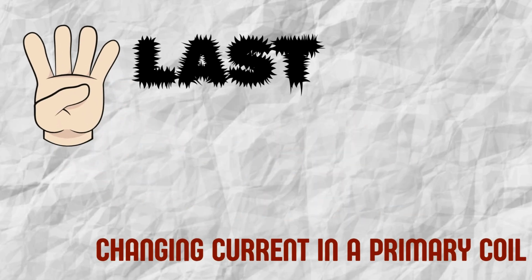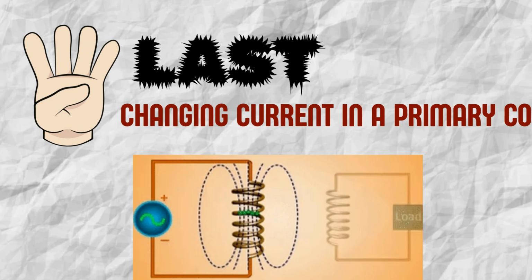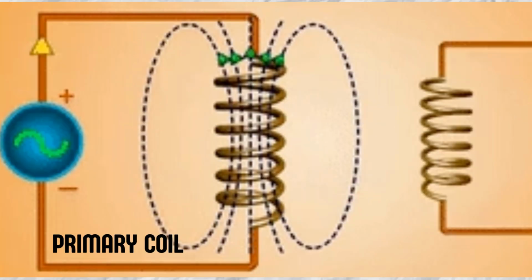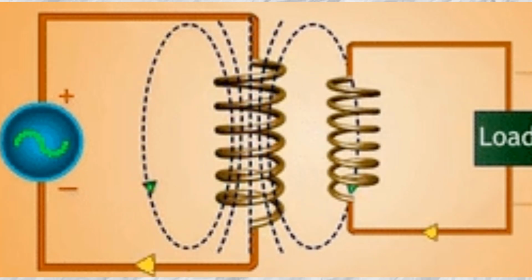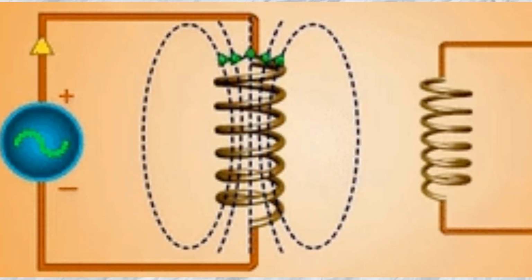The fourth and the last method is by changing the current in a nearby coil. In this case, we have two coils, a primary coil and a secondary coil. When the current in the primary coil changes, the magnetic field around it also changes, and this varying magnetic field induces an